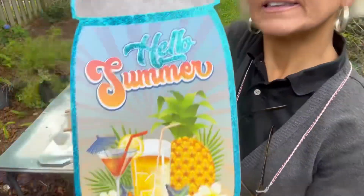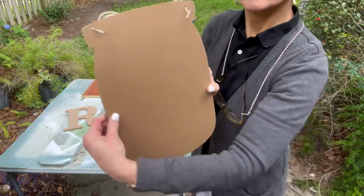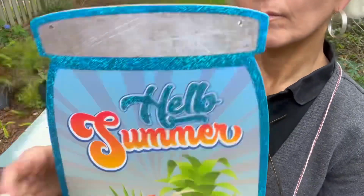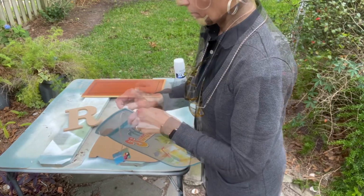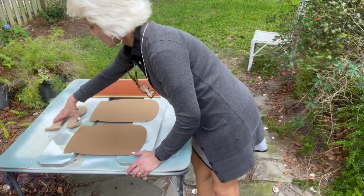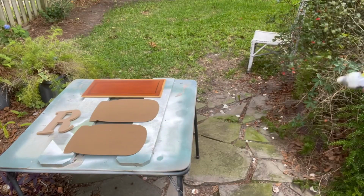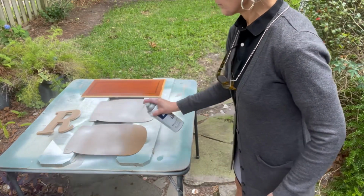All right, now we're going to take these Dollar Tree signs that look like mason jars. I'm going to glue them together like this. I'm just going to put a coat of primer on the back of the MDF just so it doesn't give us any troubles. You see, I'm batch painting out here. When it's a nice day, I like to do a couple of different things for future projects. I'm making a wreath for some friends, and their last name starts with R. And then I've got another little piece of random scrap wood that I'm putting some primer on. There's the Rust-Oleum flat white primer. And so we're just going to do a light coat, just one coat